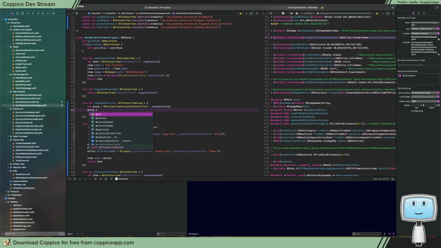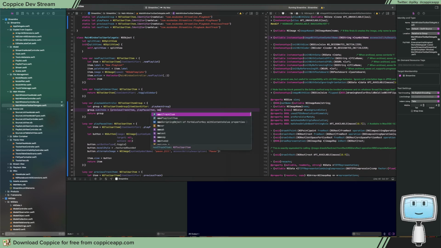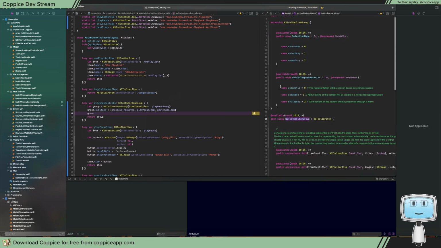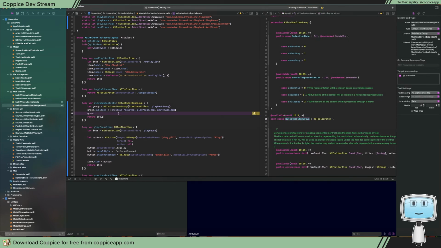And group.subitems equals previous track item, play pause item, next track item. Dot selection mode equals